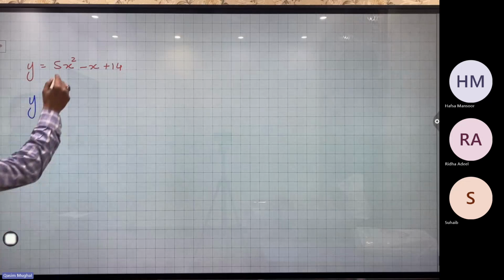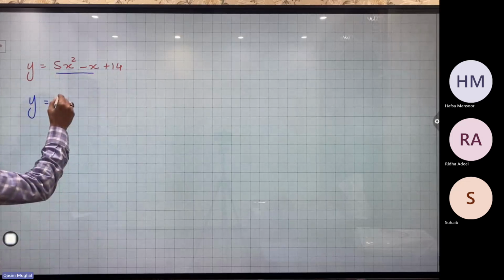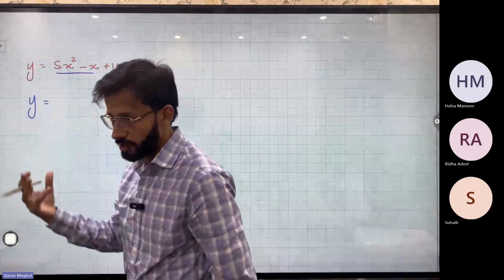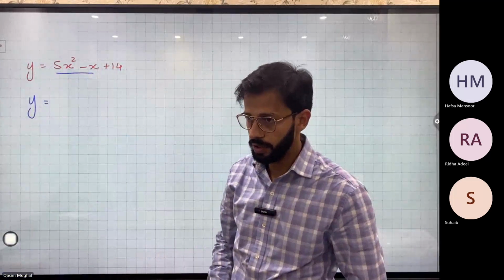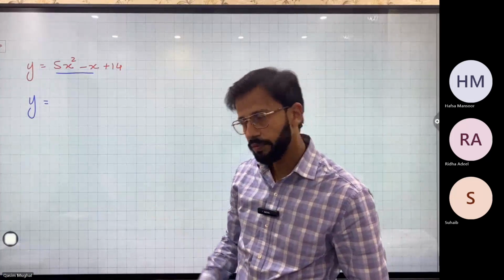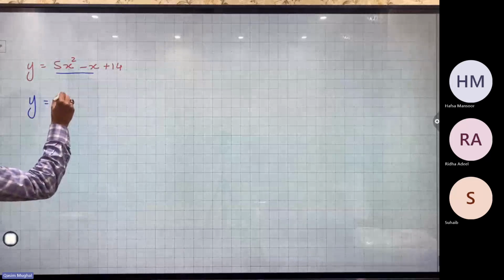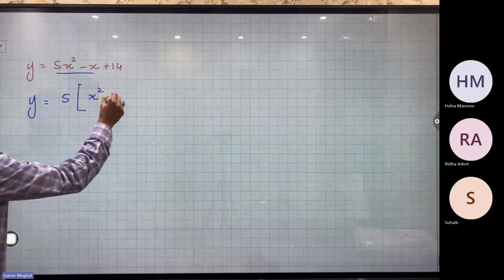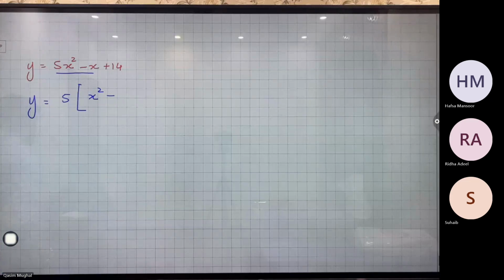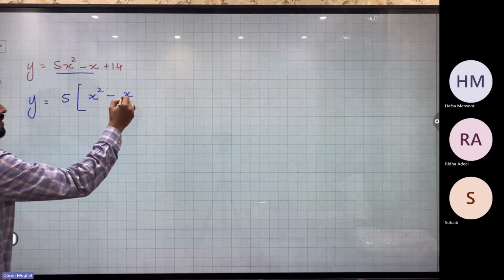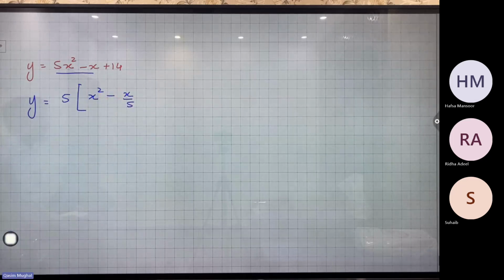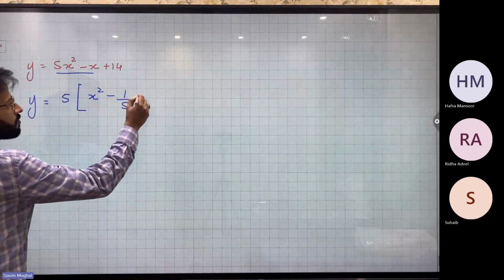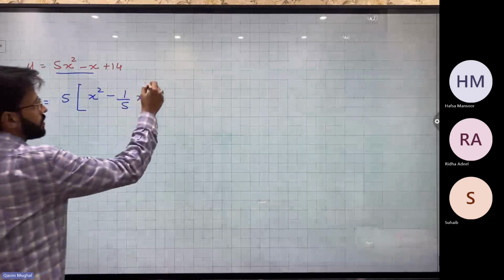चले, y इक्वल्स फर्स्ट टू टर्म्स में से कॉमन लेते हैं, ठीक हो गया। फर्स्ट टू टर्म्स में से क्या कॉमन आएगा? हमें क्या कॉमन लेना चाहिए? नहीं x नहीं, हमें कोफिशिएंट +1 चाहिए। अभी कोफिशिएंट क्या है, तो मैं क्या कॉमन लूंगा फिर? 5 कॉमन लेंगे ताकि पीछे सिर्फ 1 बचे, तो 5 आप कॉमन ले लेंगे, ठीक हो गया। और आपके पास अंदर क्या बचता है? x² माइनस, जो चीज कॉमन लेते हैं मैंने क्या बताया था, वो डिवाइड हो रही होती है। इधर क्या आ जाएगा? x/5, और if you want to write the coefficient separately, तो आप 1/5 x लिख सकते हैं इसको, ठीक है।